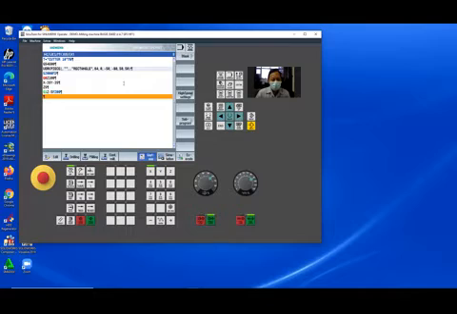After that, G41 go to the X minus 20. Okay, after that go to the Y 20, but in the corner has radius, RND equal 5.